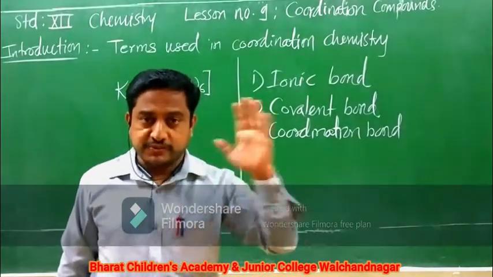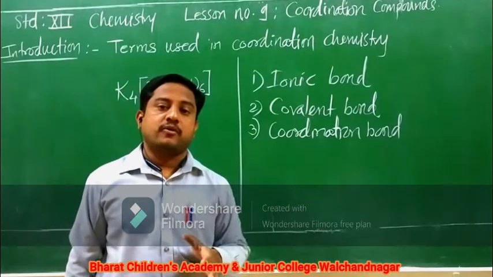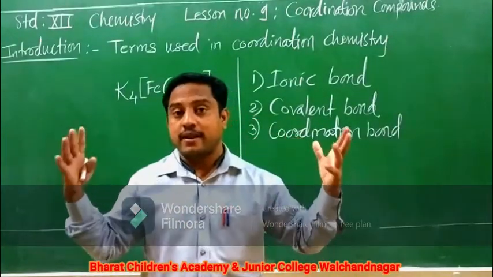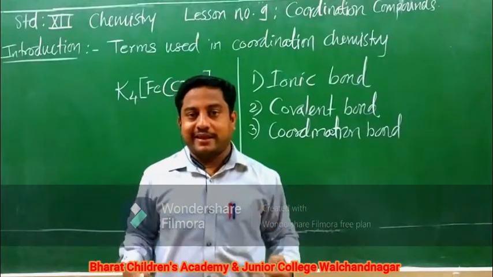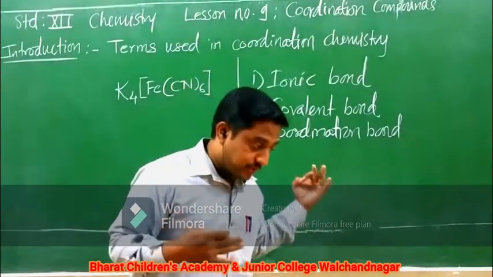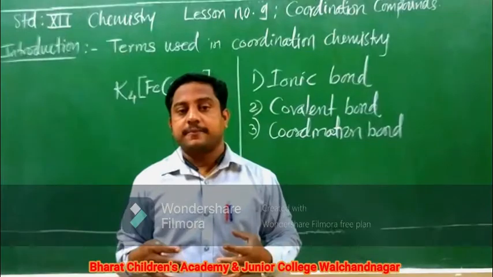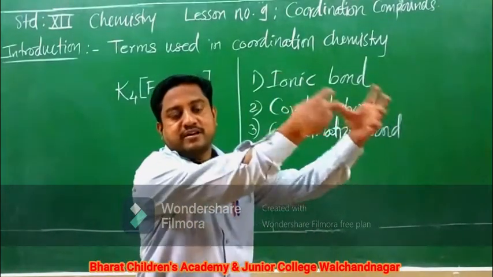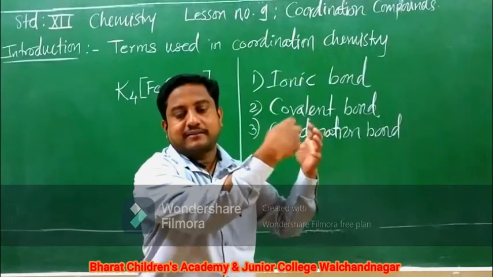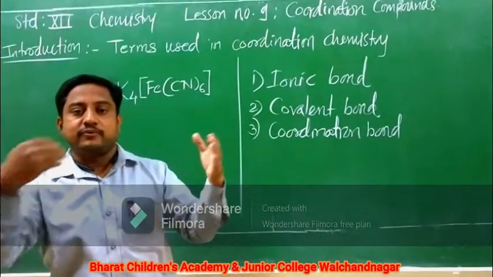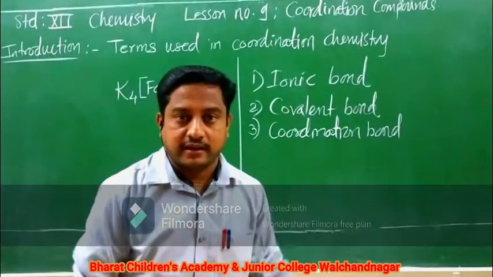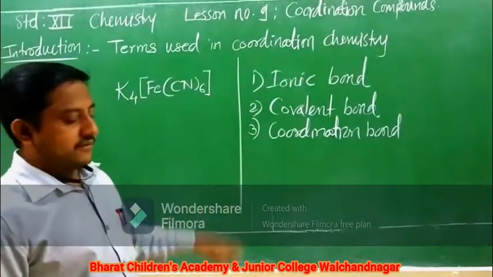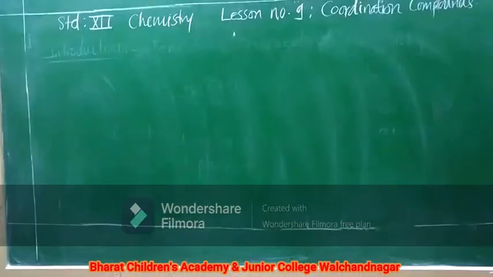See, it must be clear that in case of the covalent bond, there is mutual sharing of one electron from each of the atoms to form the covalent bond. Whereas in case of the coordinate bond, both the electrons will be shared by one group of atoms, and that will be remaining with the central metal as well as the ligand. Therefore, it is called as coordinate bond, and the compound is referred as coordinate compound.